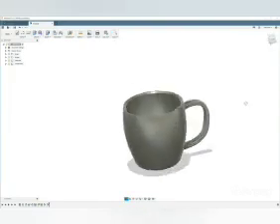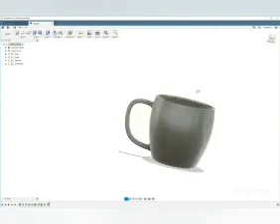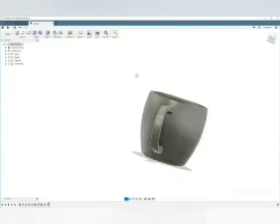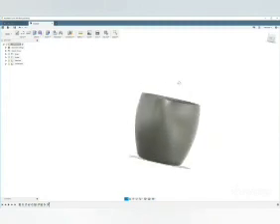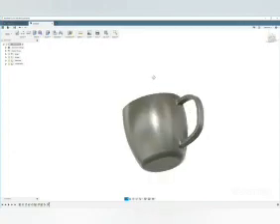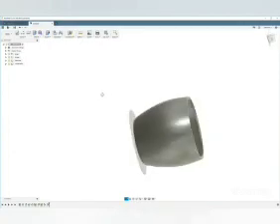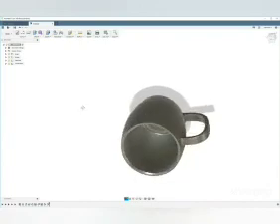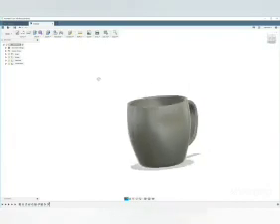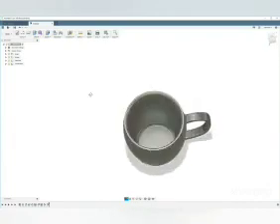Now we have got the coffee mug. It is very easy to draw the diagram using our Fusion 360 software. It is an overview of the 360 software.